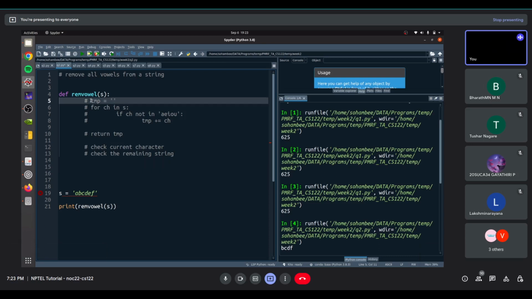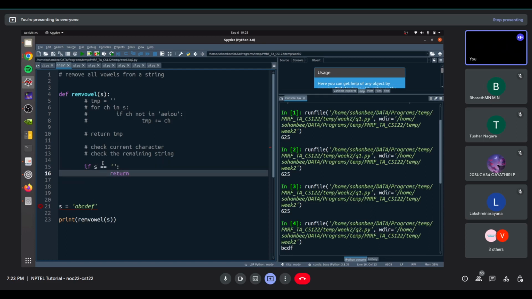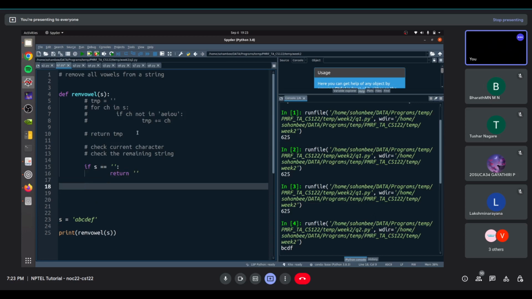Also you can see that the base case is similar to our initial default case. Here the base case for our recursion would be if s equals the empty string, then we can return s, or we can return empty, both will do the same thing because s is empty. Now coming to the recursive case, what we have to do is check,